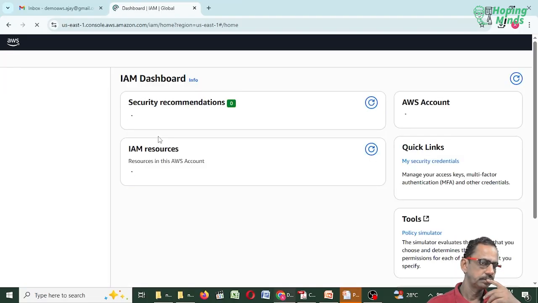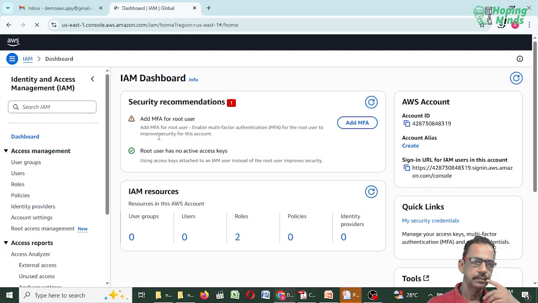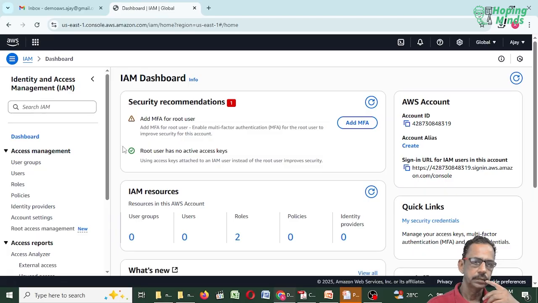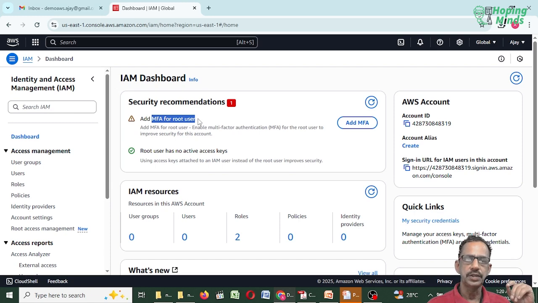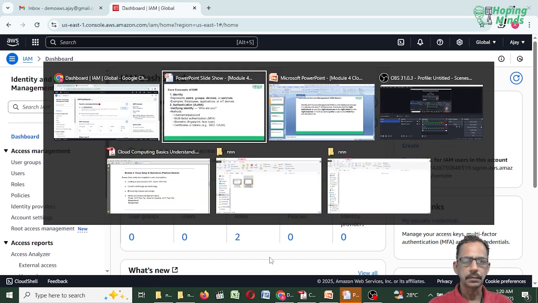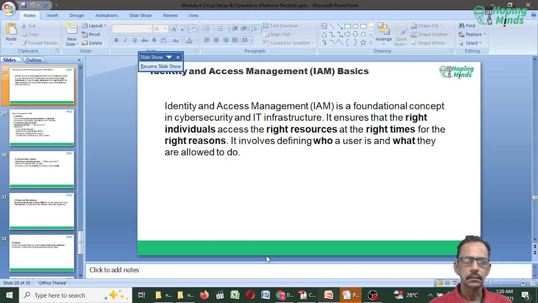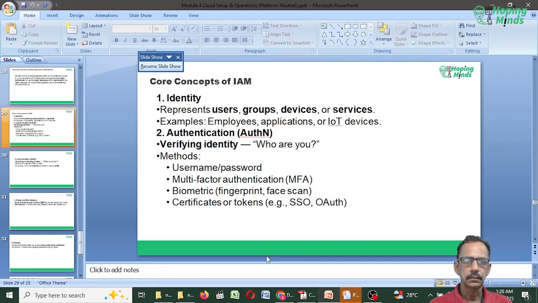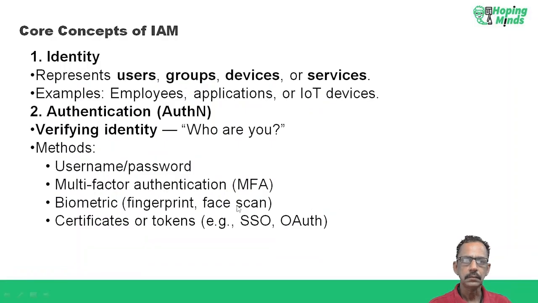We go with the IAM. When we go with the IAM, look at one thing on the dashboard: multi-factor authentication. We can add that also, as mentioned here.